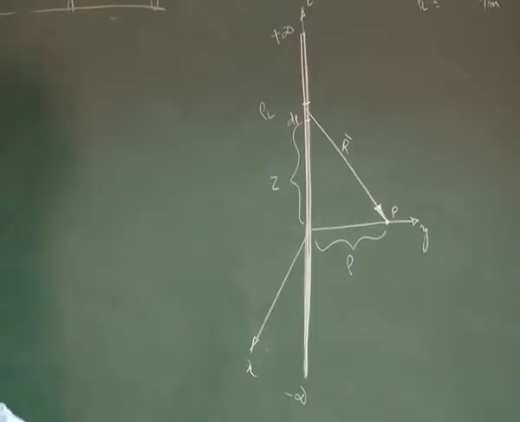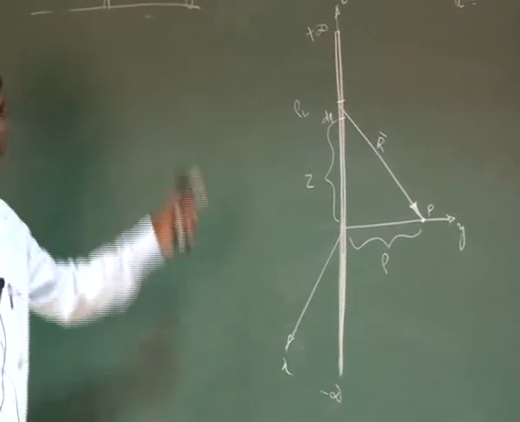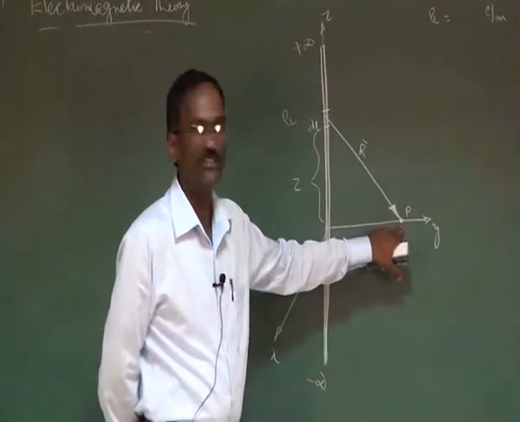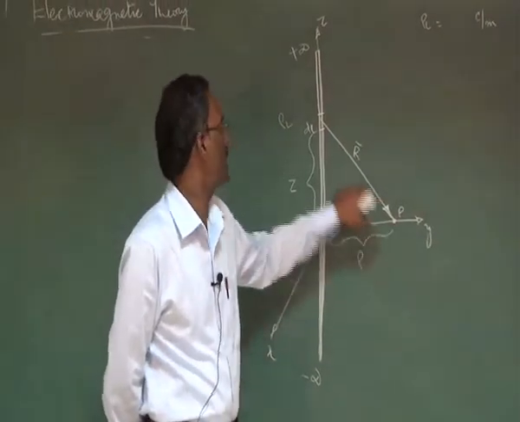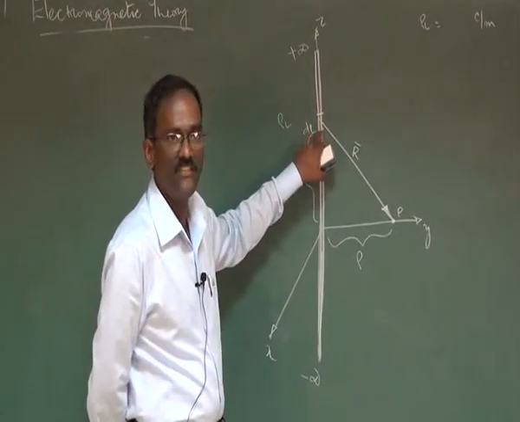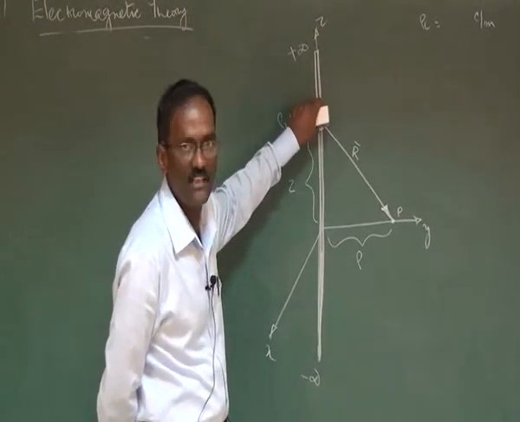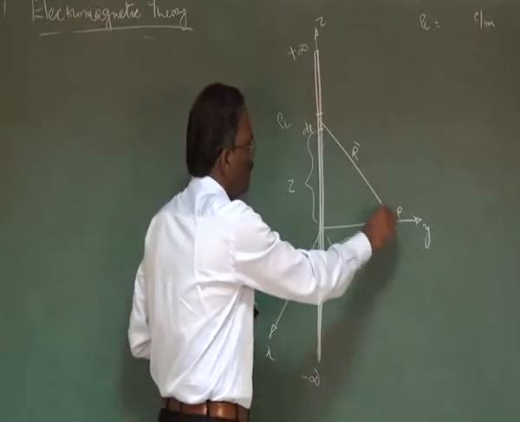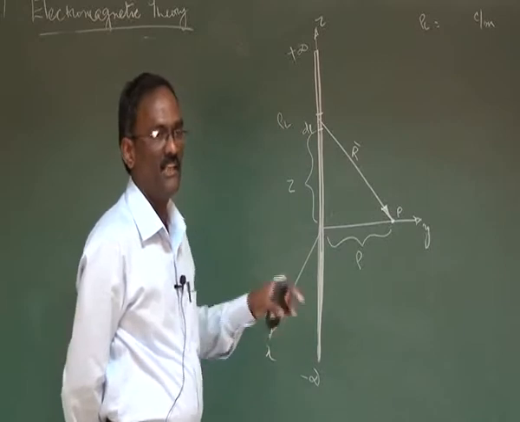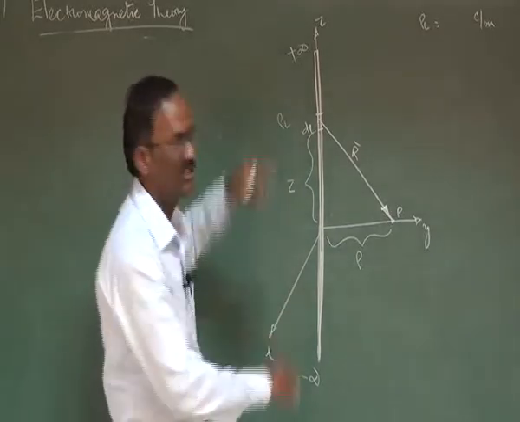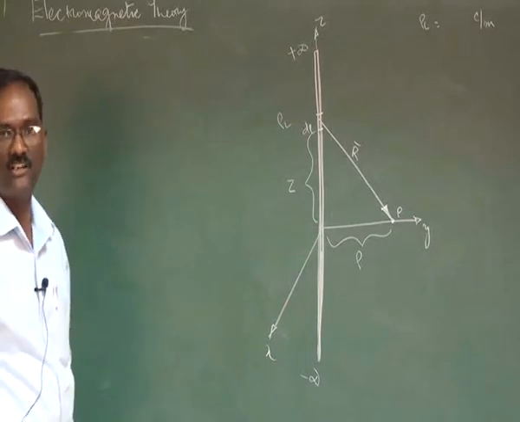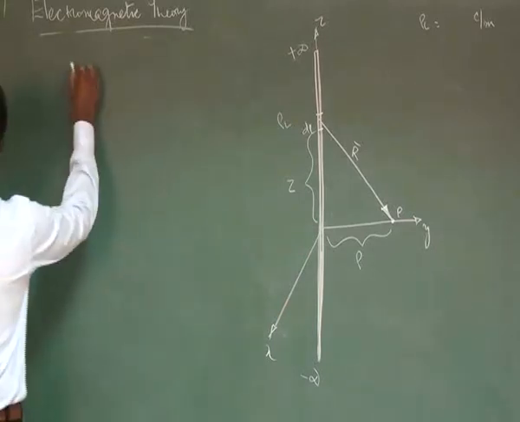The arrangement I will use to calculate the E value due to an infinitely long straight conductor, and my objective is to find the E value at this point, right? dl is the infinitesimally small length I have considered. Due to this small dl, how much E will be present at this point, then I will integrate by substituting the limits minus infinity to plus infinity to find the E value for the entire long straight conductor, right?